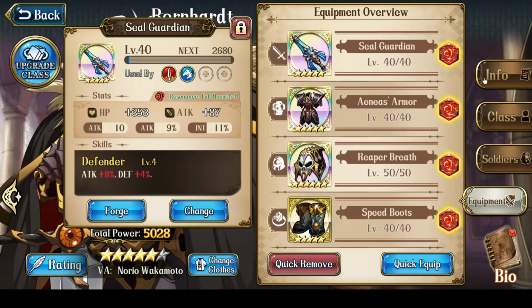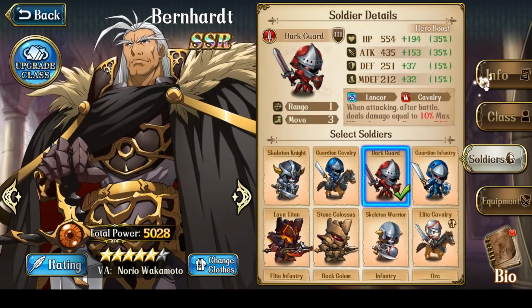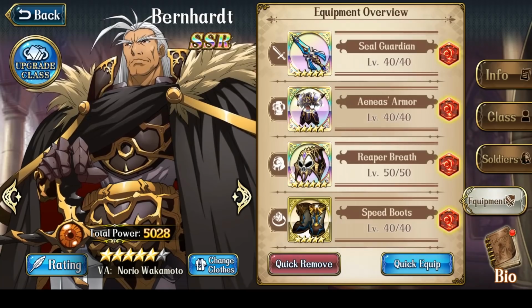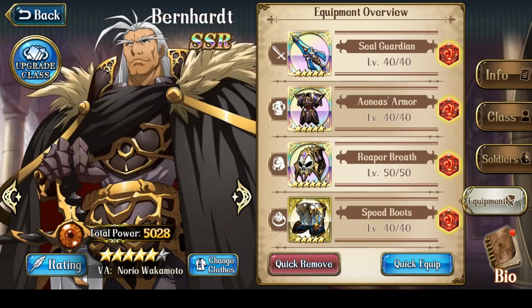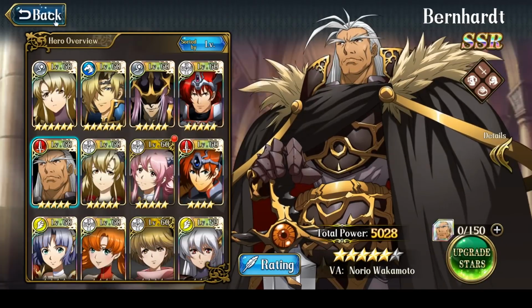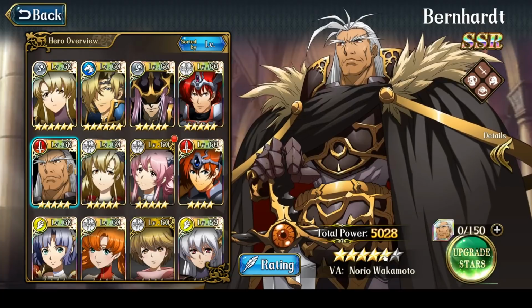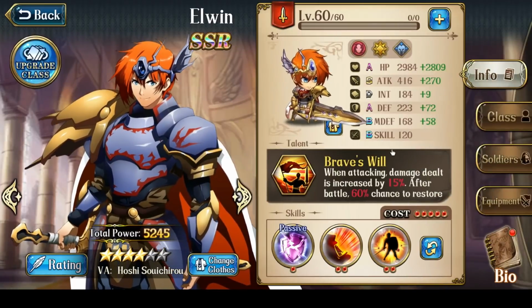Really, it was really just, because the Dark Guards took all the damage, the rest of it didn't really matter, you know? The rest of the equipment was not critical, because Bernhard could survive the AoE. So that was Bernhard. He was 5 stars. Okay? And then Elwin...